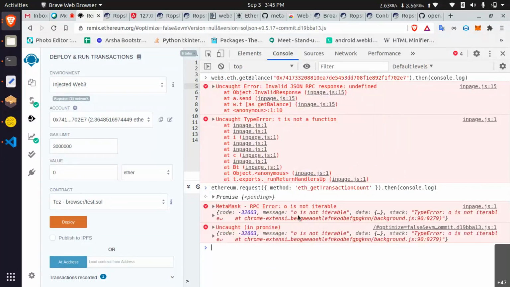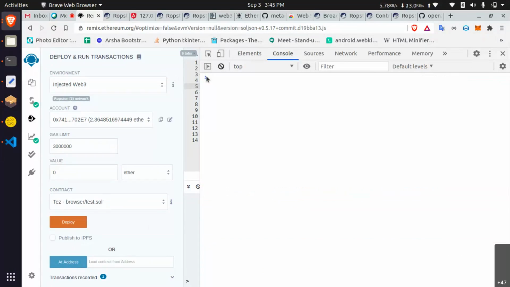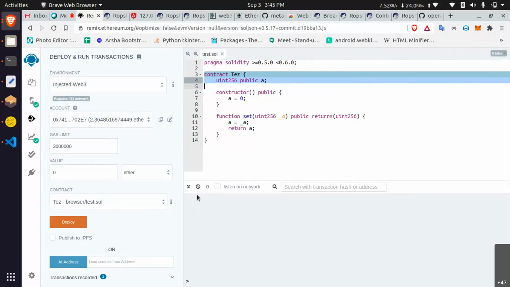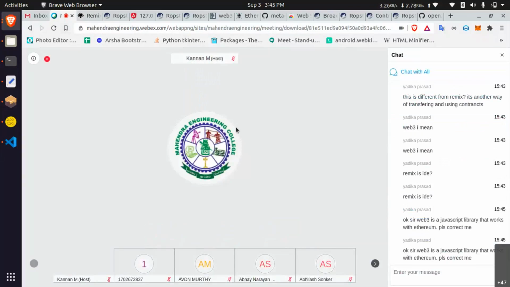For MetaMask it is not iterable. They are using JS only. Definitely, 100% they are using it. Remix also uses Web3 only. Until, if you go with any web application for Ethereum, Web3 is the only way.